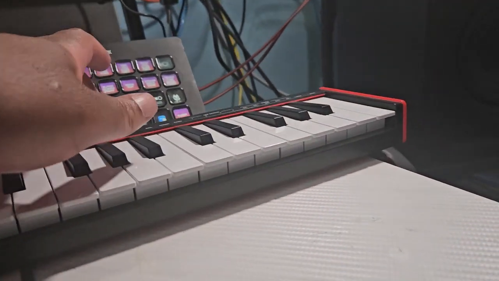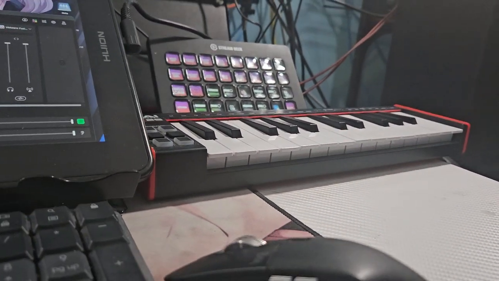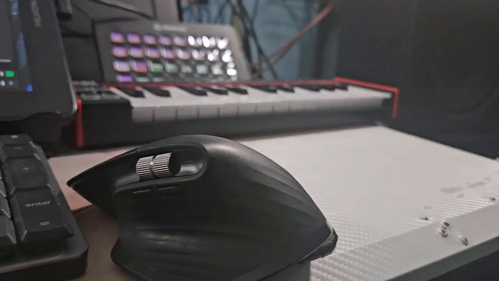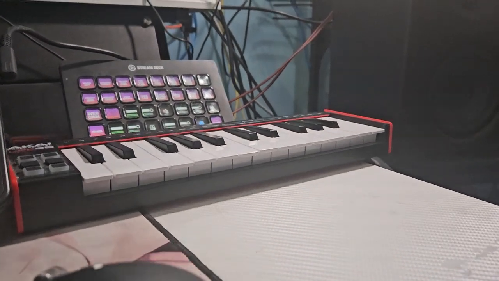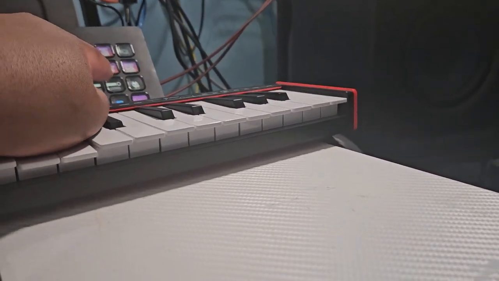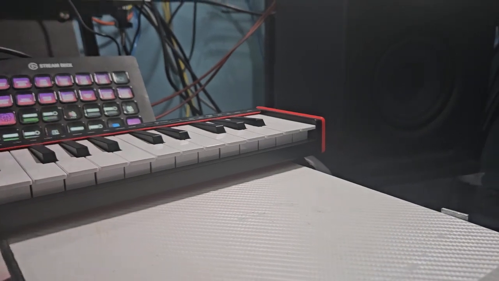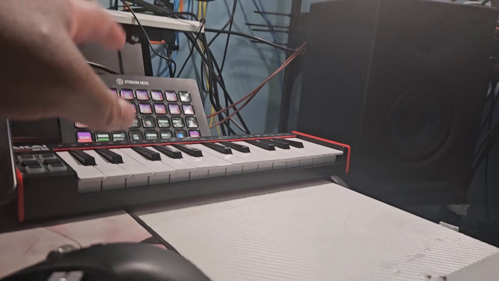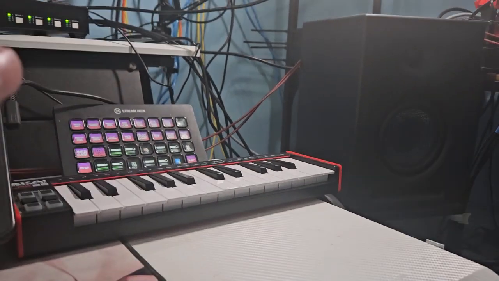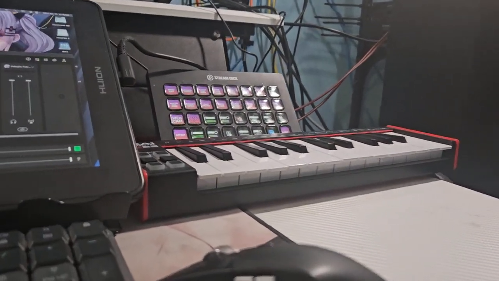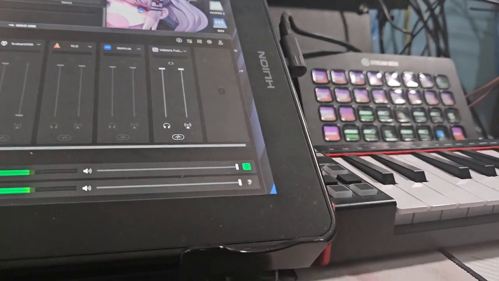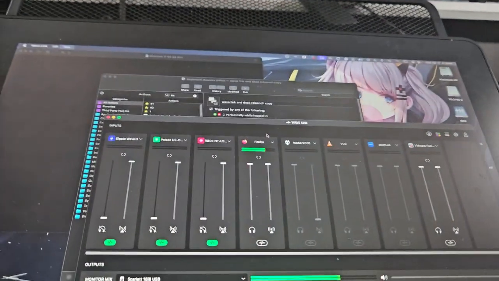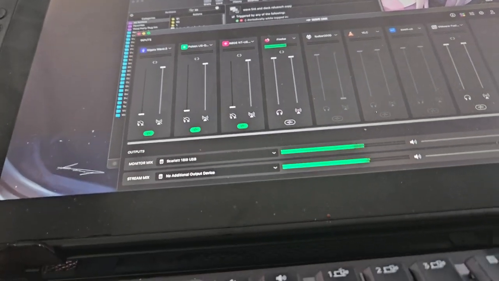This one will mute Firefox, because there are times I don't want to mute the monitor mix itself, but I want to mute Firefox. And this one, which is Fufu Bar, I had that for muting my actual microphone. And you just can't see it right now, but I have the other